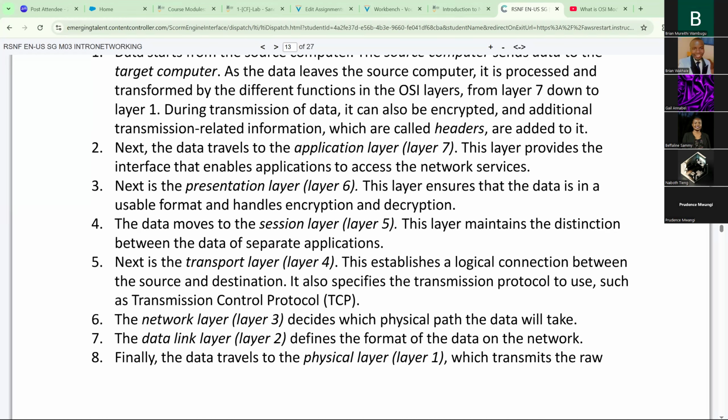Then below it, we have the network layer, which is layer 3, which decides which physical path the data will take. As in, which particular path. Then we have the data link layer, that is layer 2. Layer 2 defines the format of the data on the network. And finally, the data travels to the physical layer, which is layer 1, which now transmits the raw